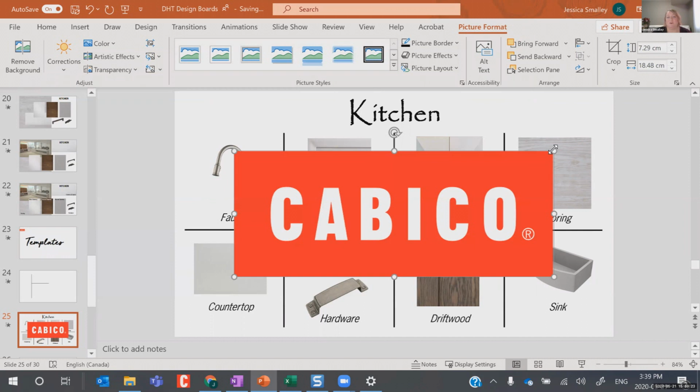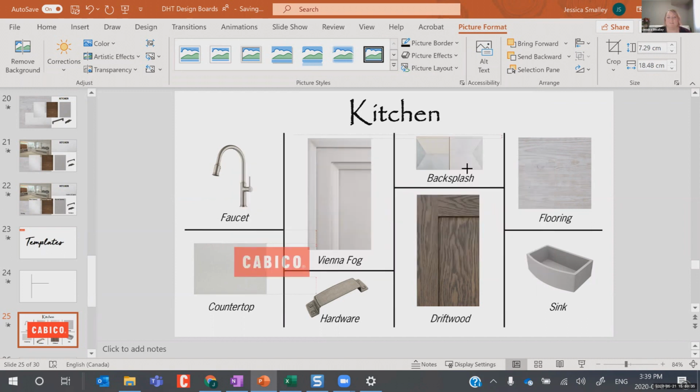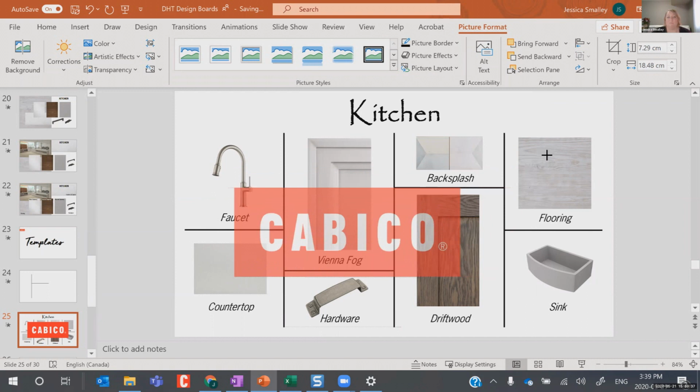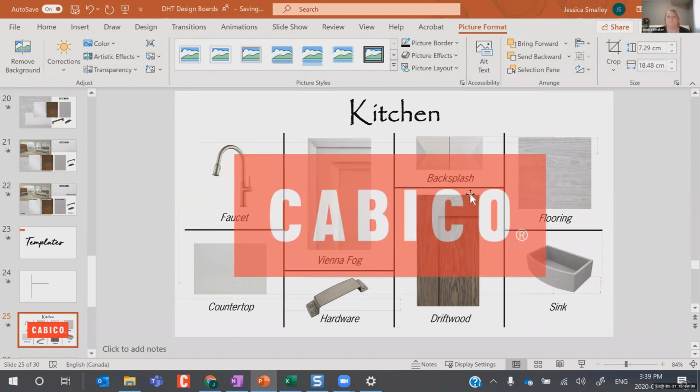Anytime you insert a photo, it's just going to center it on your page. It's very large, obviously, but I can very simply resize it, just by grabbing one of the corners,